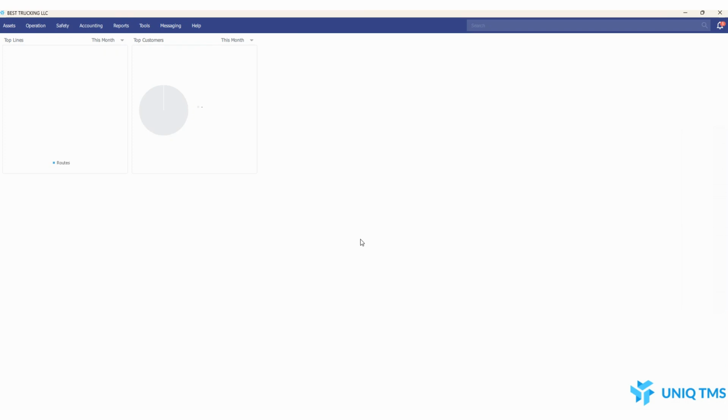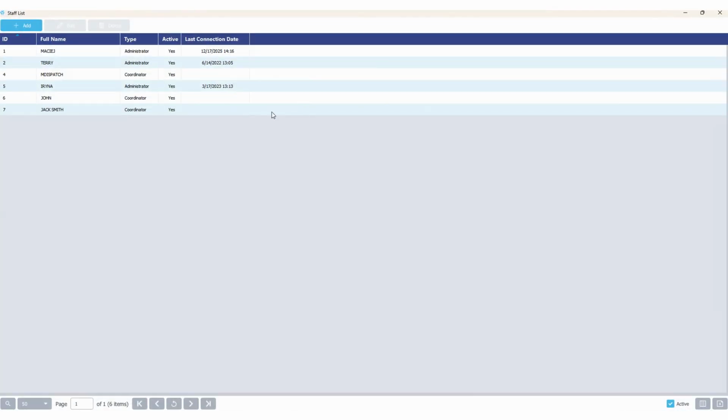Here we're going to go over the latest feature updates from our 10.18 TMS release. We're going to start out with a big one in regards to reworking our users into staff. So you can see here under assets, the users list has been adjusted and you can see a staff list